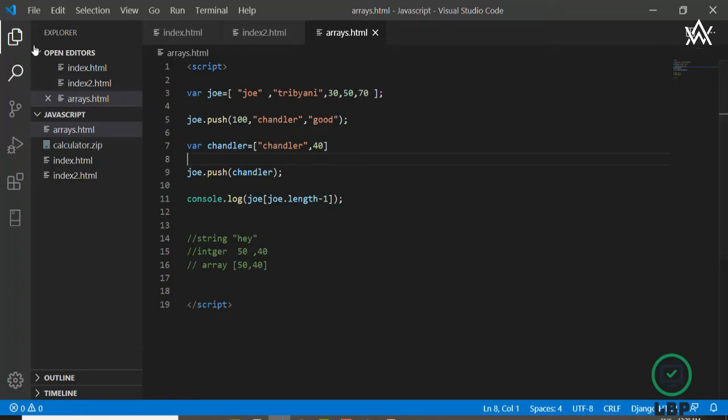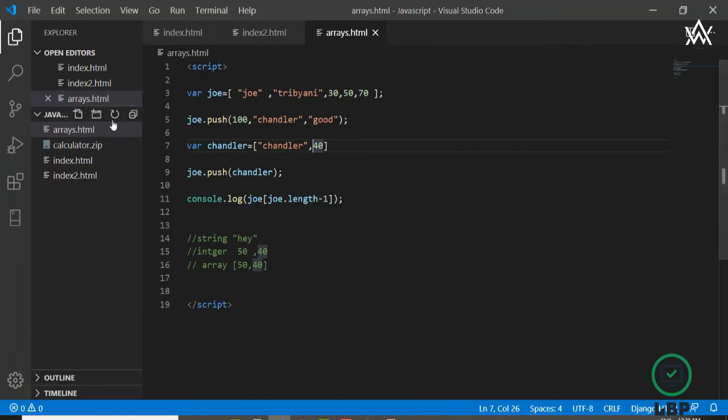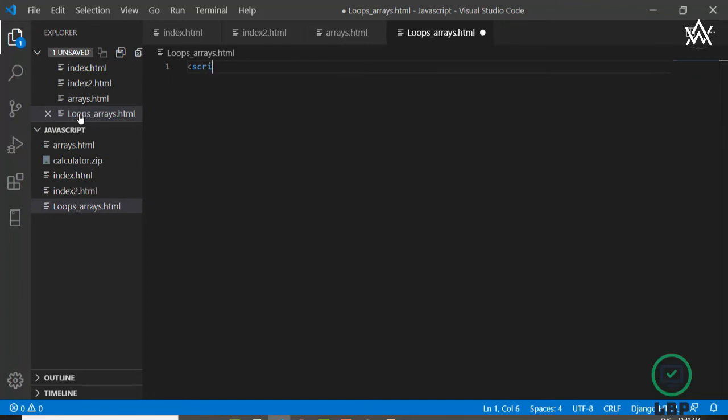So I will create another file, for example, for this. From time to time, I will create some other files. So I will type here, for example, loops arrays, like that, and I will type .html. Like always, I said you don't have to understand the script from now, because I will make another playlist about HTML and CSS, and it should be very easy for you. So I will type here script,